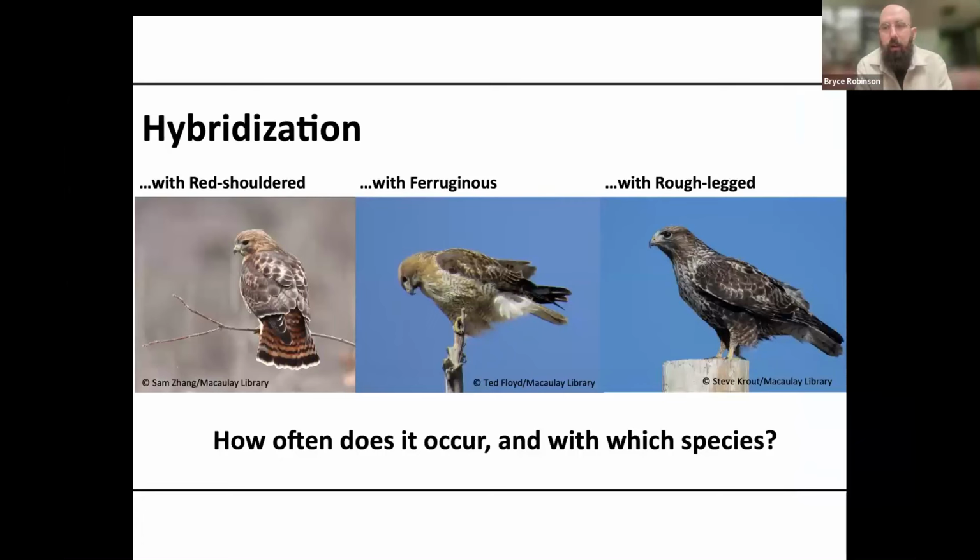With eBird and Macaulay Library, we're starting to build a better understanding of how often red-tails hybridize with other species. We know that it happens with red-shouldered hawks. We know that it has happened in a few instances with Ferruginous hawk, and we also know that it happens with rough-legged hawk. What we'd like to try and put together is a perspective on how often it occurs, and also start to catalog with which species it occurs, and perhaps which species does occur more often than others, and what factors might